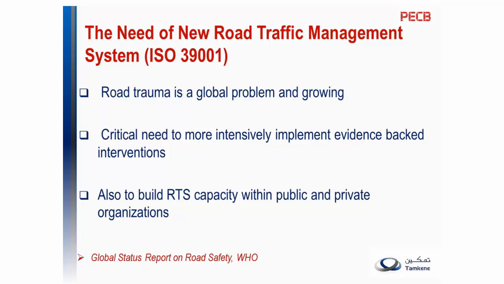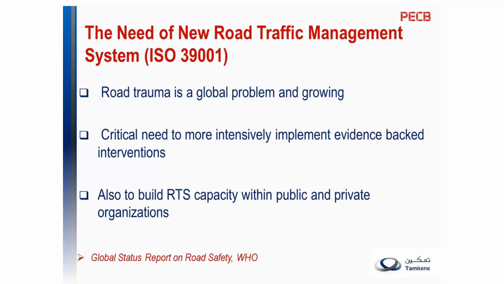I think I can speak for most of us who are working with industries and have road activities or transport activities day in and day out. We can empathize with the accidents happening all around us and on some occasions on our personal level. So the need for a new traffic system is imperative